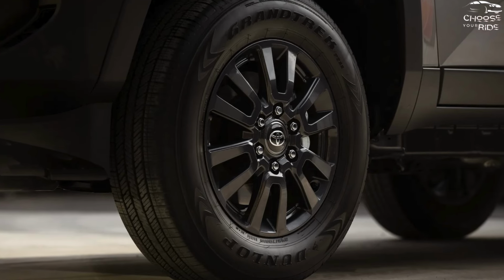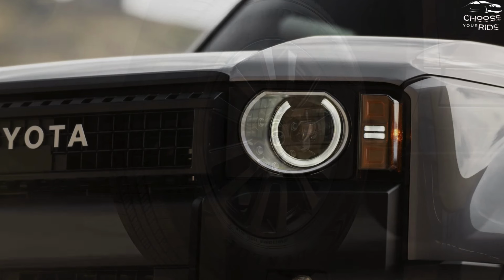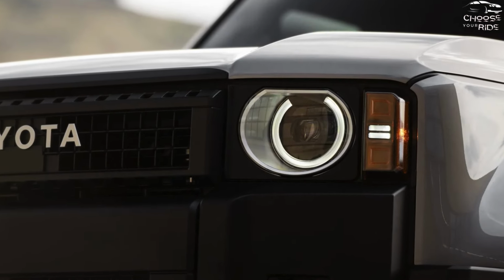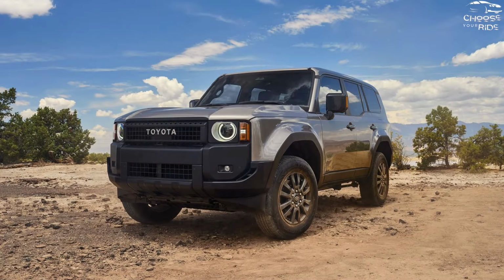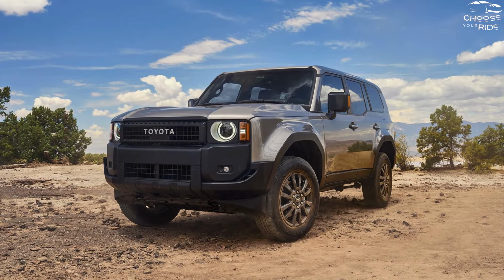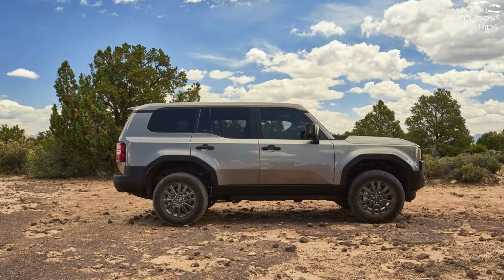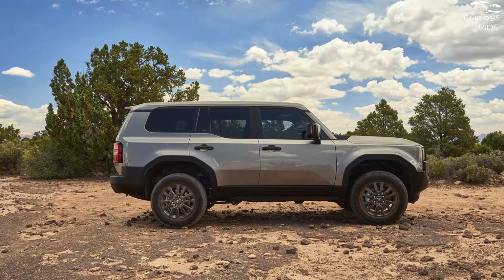Although handling appears acceptable for an SUV, we'll have more to say about the new double wishbone front suspension with twin-tube shocks and the multi-link rear suspension with coil springs after we drive a Land Cruiser fitted with the proper tires. The Land Cruiser still handles off-roading with ease thanks to its full-time 4-wheel drive system, electronically controlled 2-speed transfer